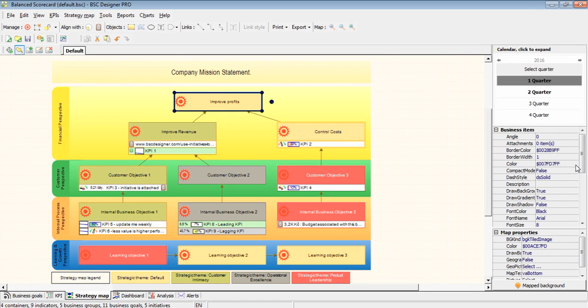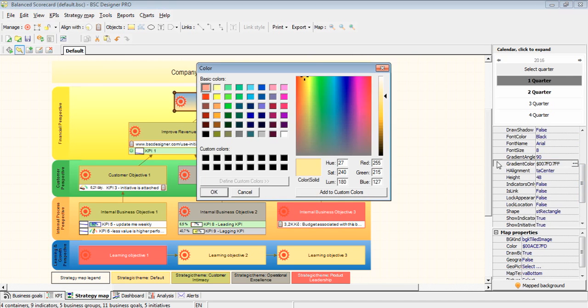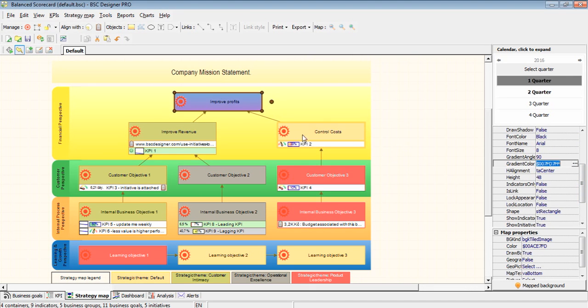This feature is related to the copying of styles of the objects on this map. So, for example, all objects might be customized. Like here, I'm changing this color to some color. Gradient color might be also this. And when I need to copy this style,